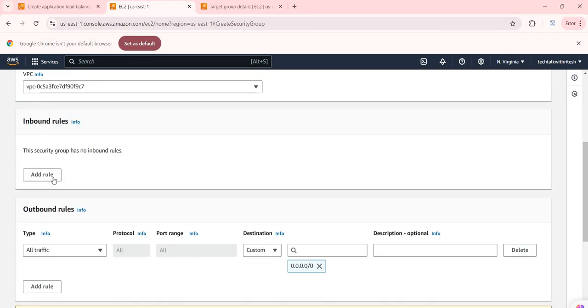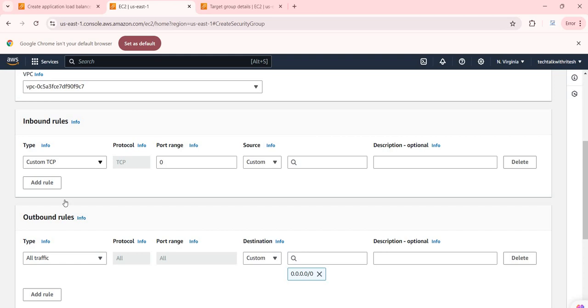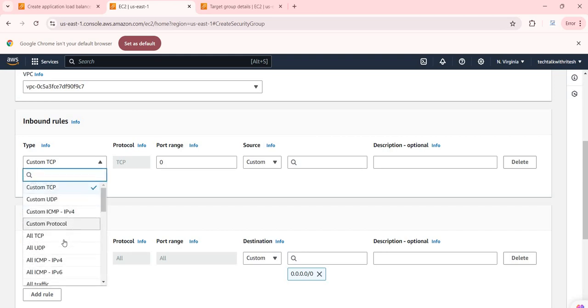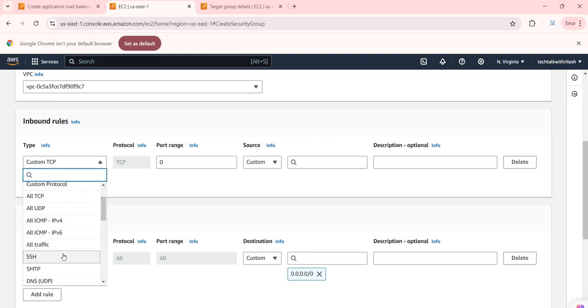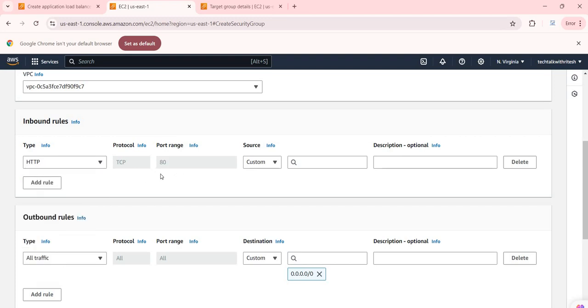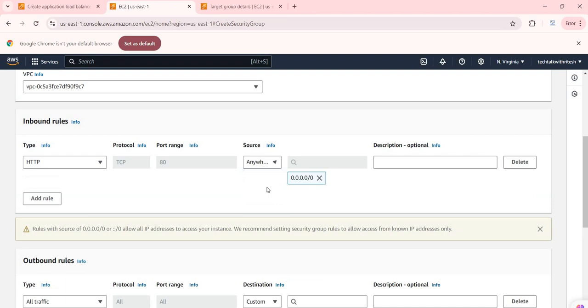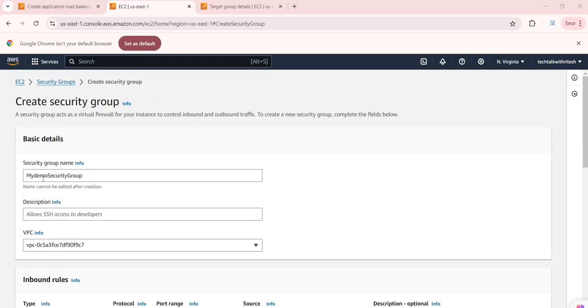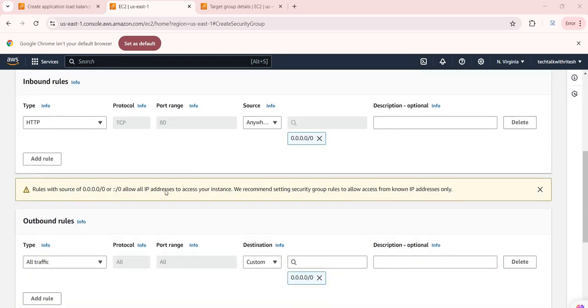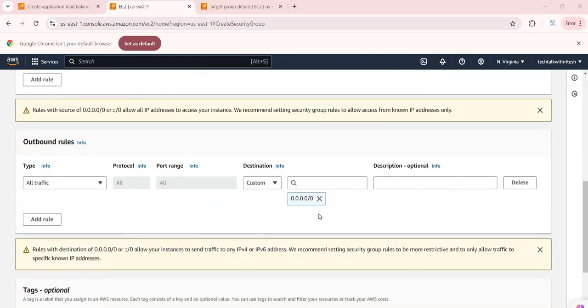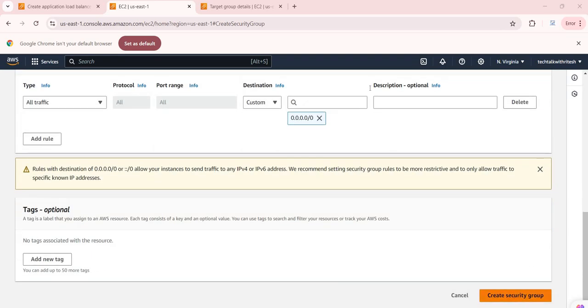Description is fine. Inbound rules, let's add the inbound rules. So I want to allow all HTTP traffic, source anywhere, so let's remember my demo security group. Yeah, this is created. Outbound rules are fine, and let's create